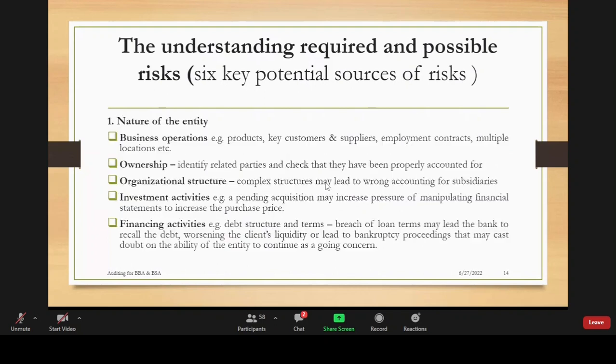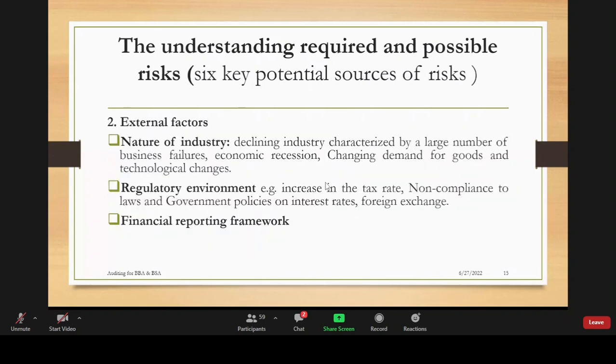The first source is the nature of the entity. What does the business do, right? Then the external factors, like the nature of the industry. A declining industry has a lot of failures. For example, in Uganda,